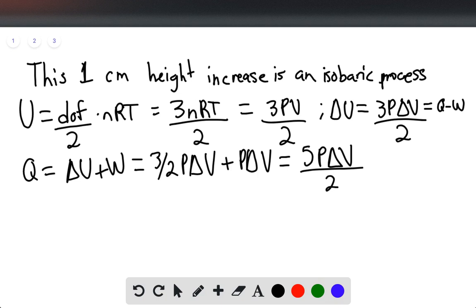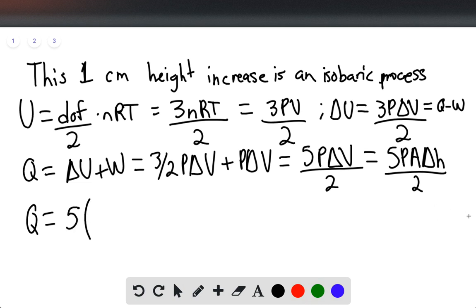And for delta V, we can simply say 5 P A delta h over 2, because again, the cross-sectional area of the cylinder doesn't change. However, the height does. So we can simply say that the volume is equal to the cross-sectional area times the change in height. So Q is going to equal, now we can finally plug in and say 5 times